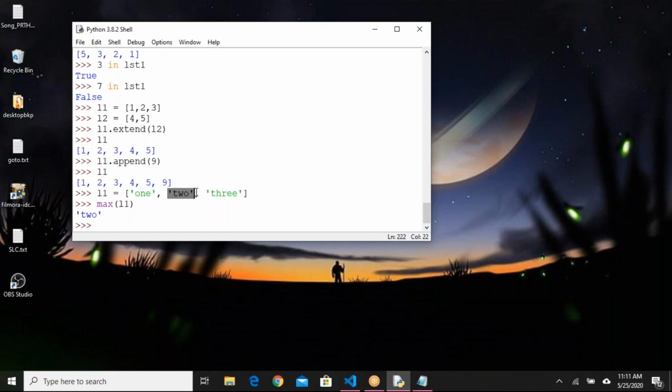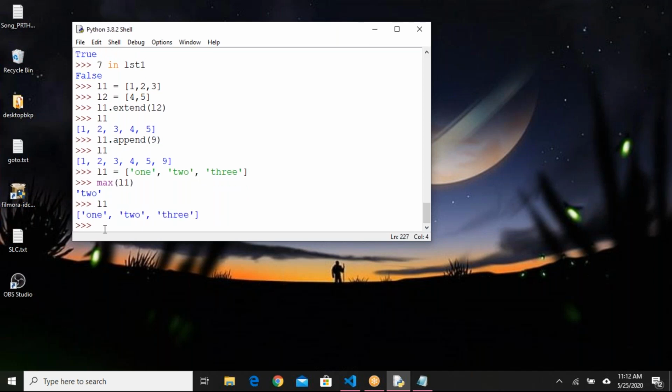How to find the max? T equals list1 dot pop of 2. Why is it deleting the end value 2? No, it won't delete the end value when you are providing the index. Krishna is asking one question: list1 dot pop of 2, if I mention like that, is it deleting the end value also? No, it will not delete.